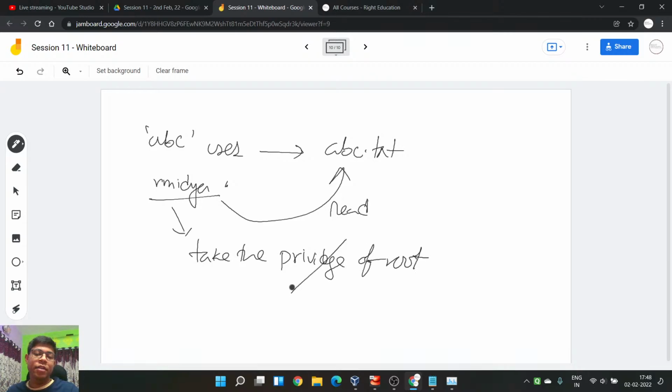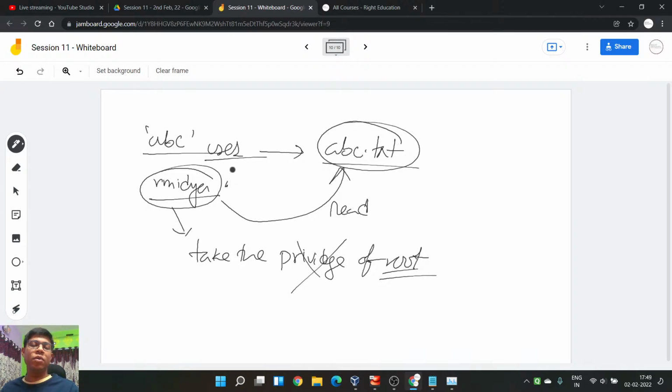Root has all the privileges, can go to any directory and read any file. But you don't want that, because I told you to give limited power. This file is created by, or owned by, the ABC user, so you want this user to take the privilege of that user.